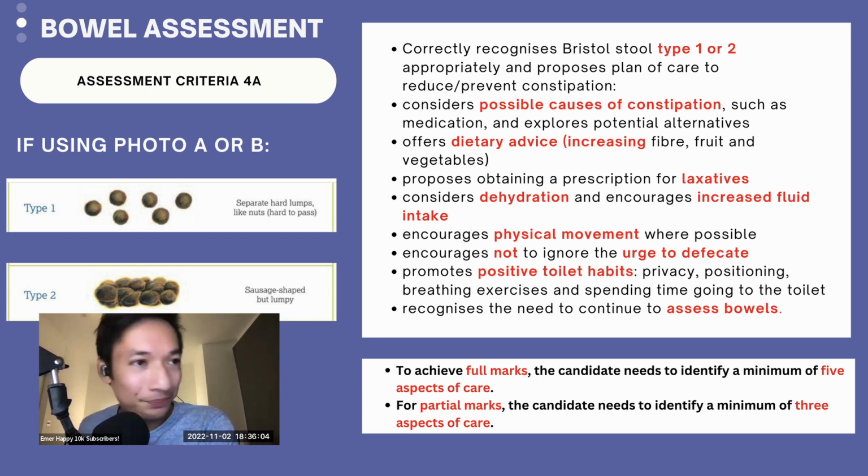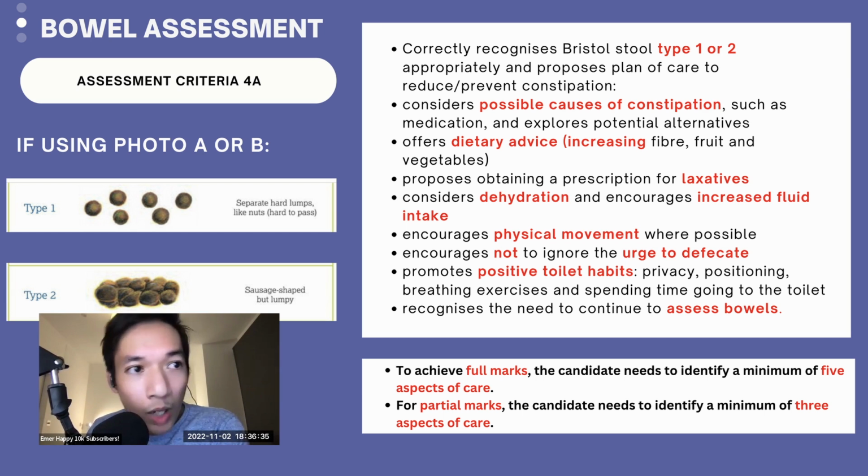Senna, of course. Well done. Thank you for all your answers. Again, guys, for the guys who's listening here in this call, try to answer in your head as well. Next, consider dehydration and encourages increased fluid intakes. Of course, for obvious reason, the patient might not be able to defecate because probably the patient is dehydrated. And of course, we need to encourage to increase fluid intake.